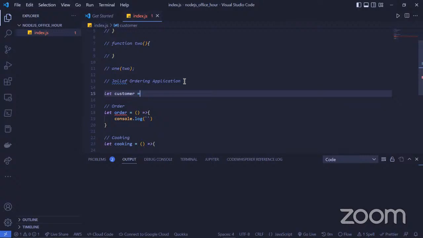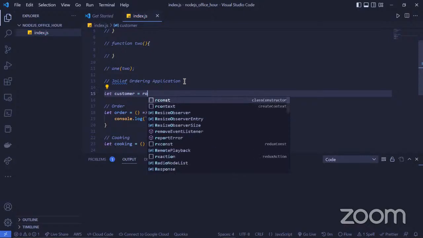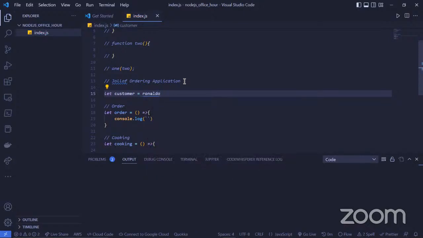But basically, we can just make it an array. We'll do something really cool on Thursday. But for now, maybe we have a specific customer, and let's say we have Ronaldo as our customer.